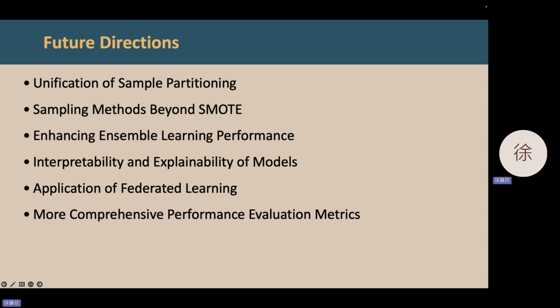First, we need to develop automated sample partitioning standards based on data distribution to ensure objectivity and consistency in sample partitioning, while preserving the characteristics of the original data. And furthermore, we should actively explore sampling techniques beyond SMOTE, overcoming its drawbacks to achieve